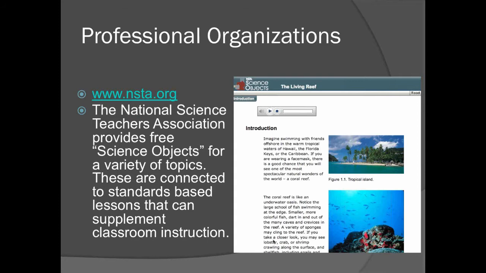This is an example of the National Science Teachers Association. They provide a lot of free science objects, materials that a teacher can use. Say a student has an independent project, they want to learn more about the reef, and you want to give them a little more information. What I like about their science objects is, first of all, you can save them.